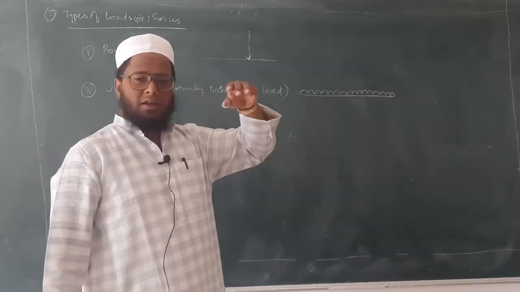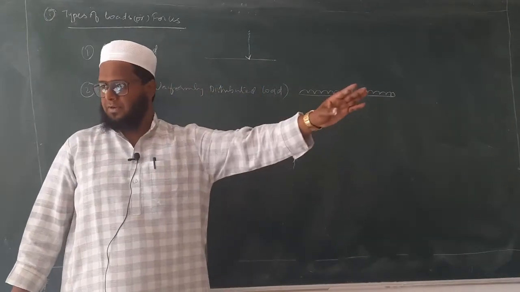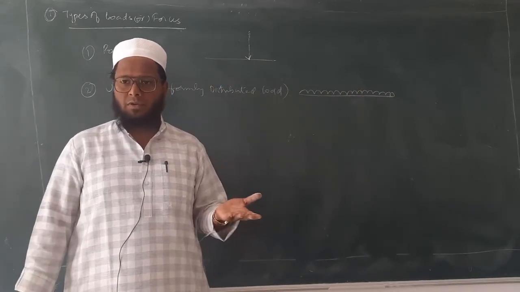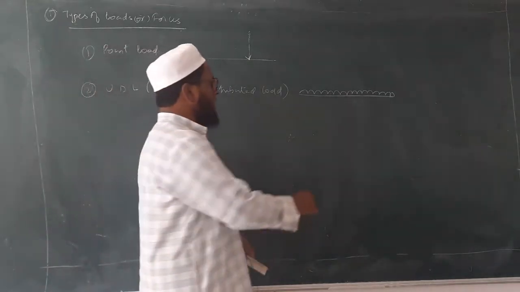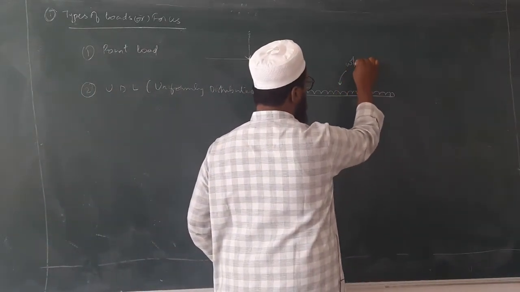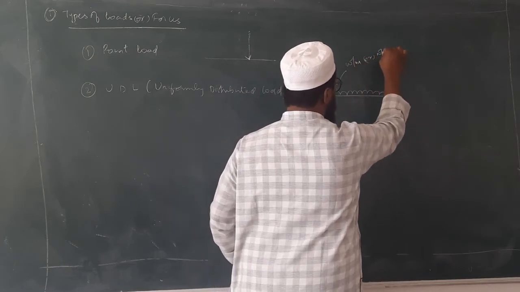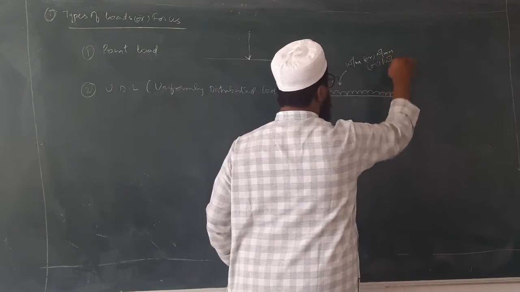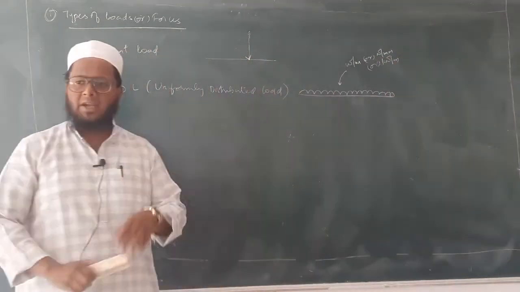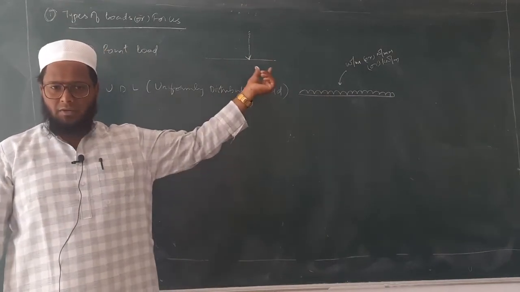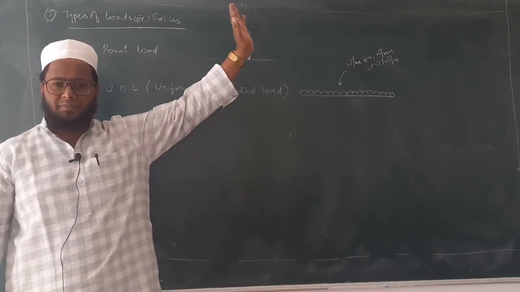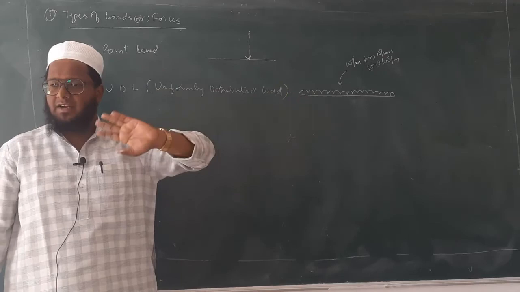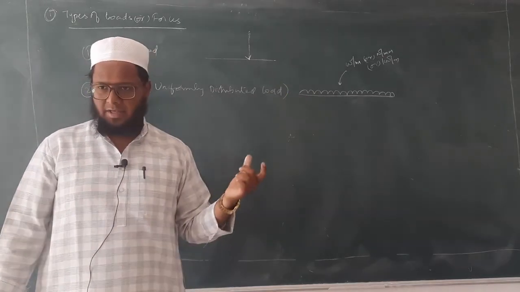Suppose for example a vehicle is passing over a bridge. What happens over there? The vehicle will have a huge amount of load, isn't it? So we convert that into kilonewton per meter, or Newton per meter. Per meter the weight is 10 kilonewton. For 10 meters, 10 into 10, whatever surface it is covering, that is multiplied with the entire area or length.